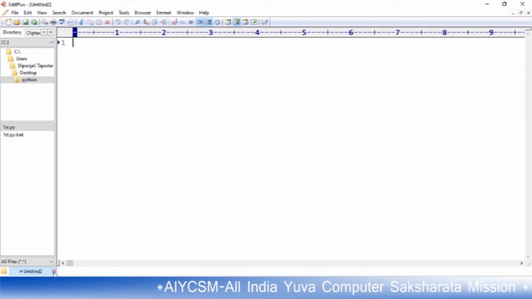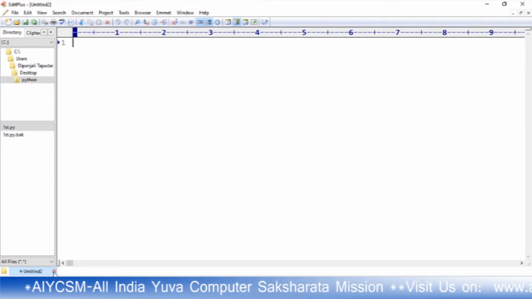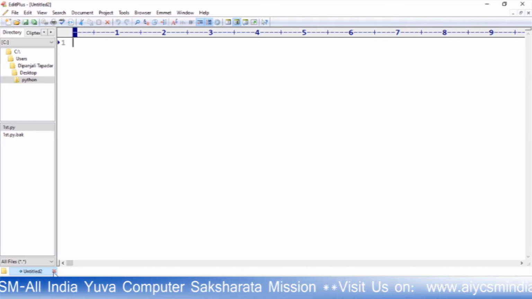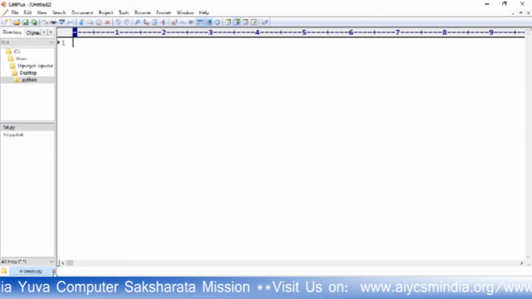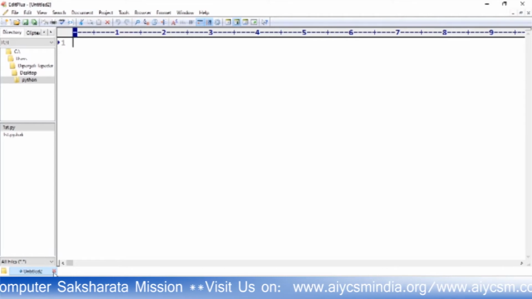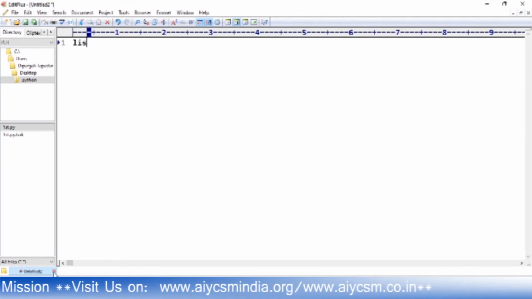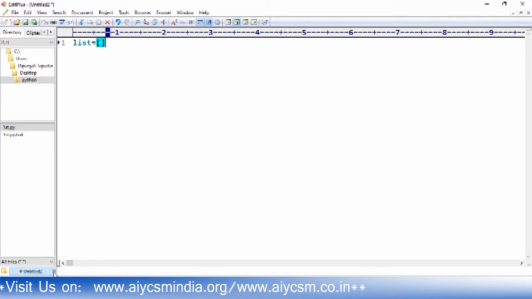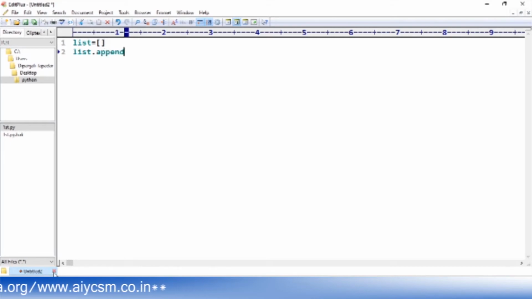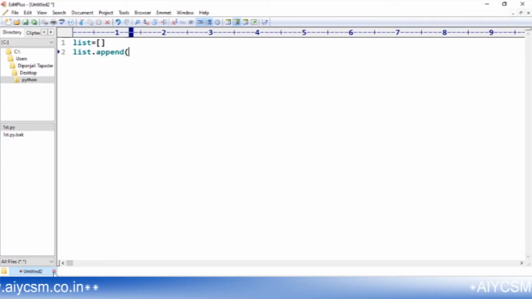With the help of the append function, we can add an item at the end of the list. Here is a list. This is how we can create a list. Now if I type list.append of A, that means A will be appended into the list.